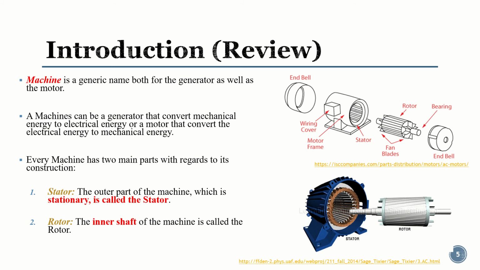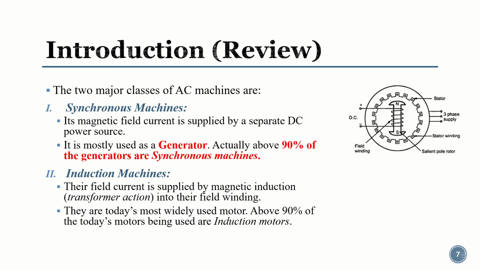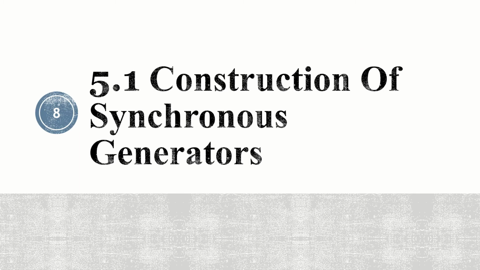Just a review, you already know that in a motor or AC machine we have a stator and rotor. These are things you have already learned, so I will just skip them. A synchronous machine, which we call synchronous generator, as I told in the last lecture, is a machine in which the electrical frequency being produced, for example the induced voltage EA has electrical frequency of fE, is synchronized, locked with the angular rotation of the shaft. So that is the synchronous machine, and 90% of the machines are synchronous generators.